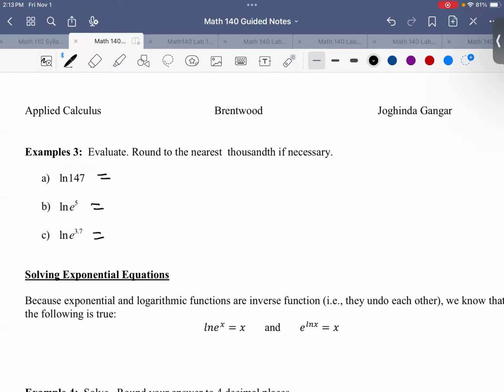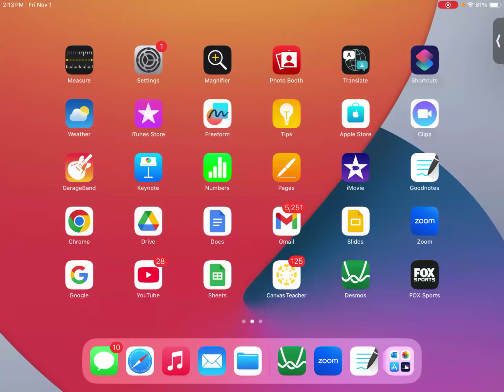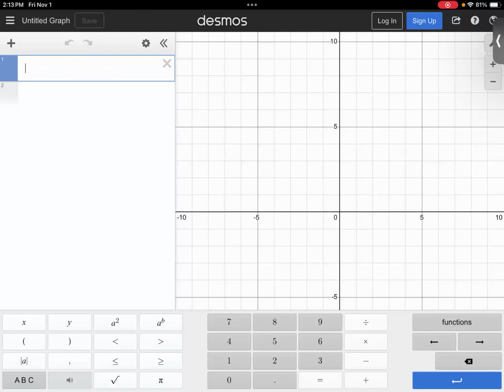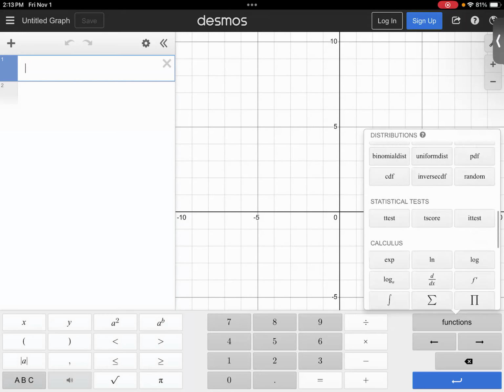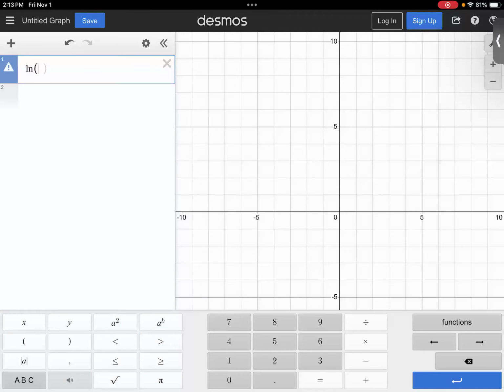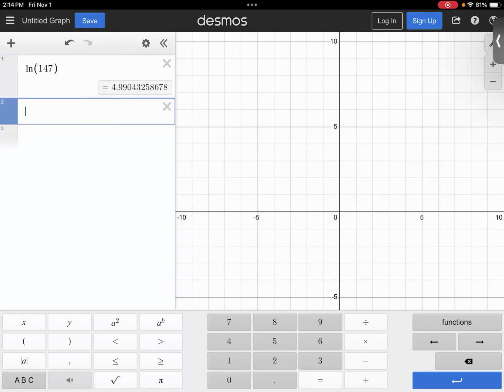But let's go to Desmos right now and calculate these values. So we have natural log. You can find the natural log button option in functions on the right-hand side here. Scroll down to natural log, and then plug in those values. So we had natural log of 147, you get a value there,